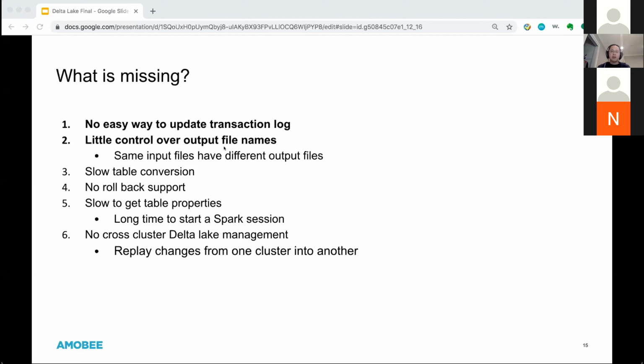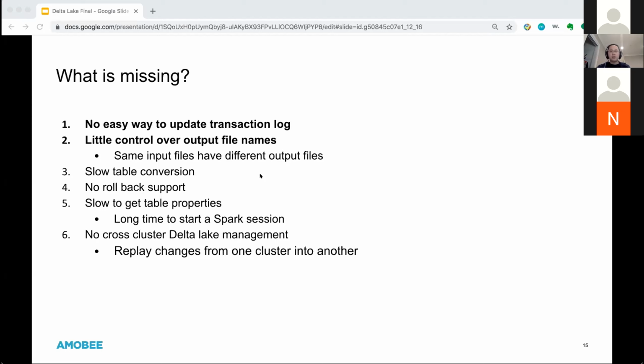With Delta Lake, however, you cannot get the schema from the transaction log easily. Instead, you need to go through the Spark API, read the table schema, and launch a Spark job, which is very expensive in this case. And after that, you need to run the DDL.